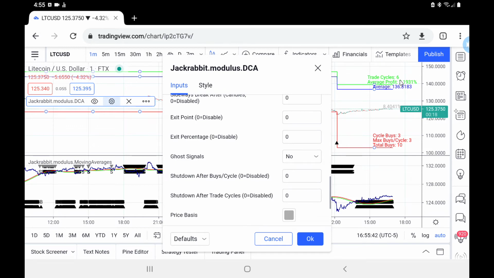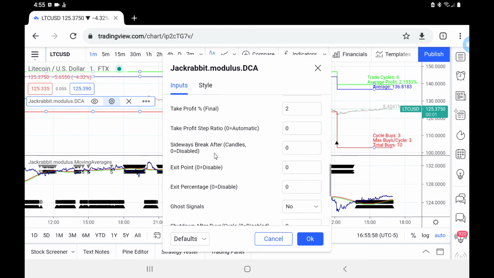For example, this has 6 trade cycles. I might choose to let it run for 10 trade cycles and then get out, close it down, sell it off, and reevaluate this coin based upon that current market. So various things can be done that simply don't exist in any other approach. Plus you have the new